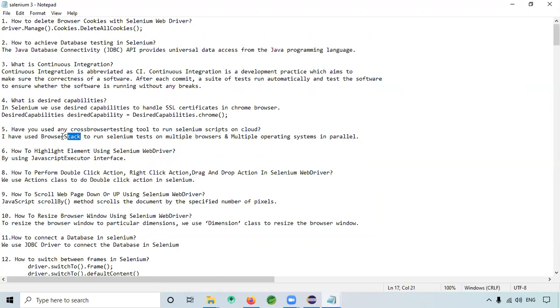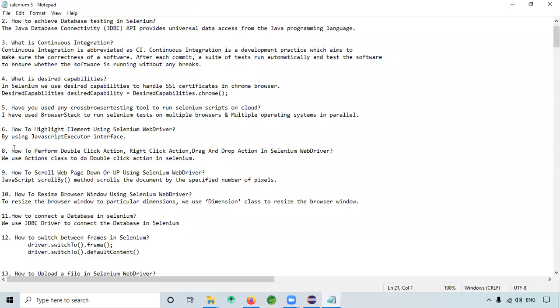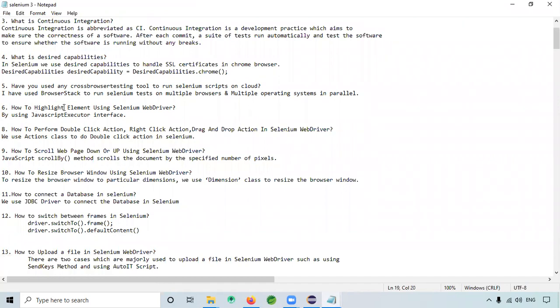Yeah, in that case, we have to use something called BrowserStack. Okay, so how to handle highlighting? If you need to highlight something, that time we use again